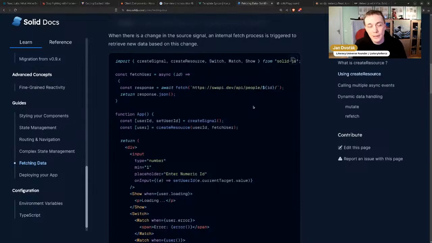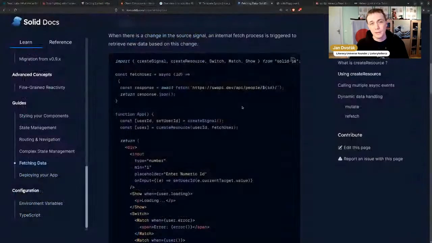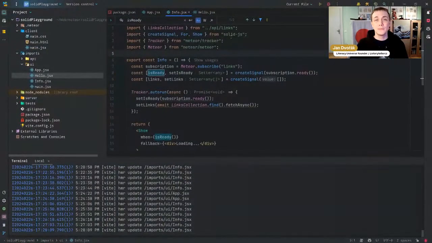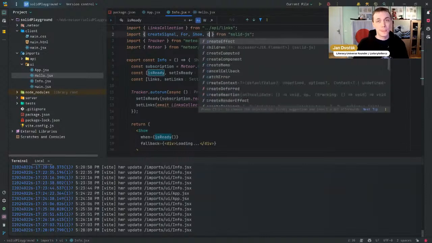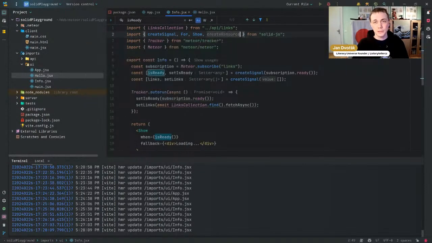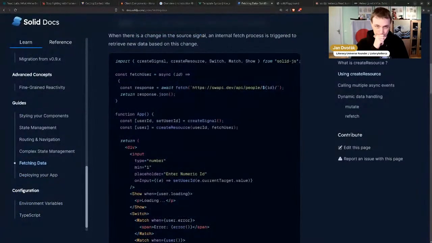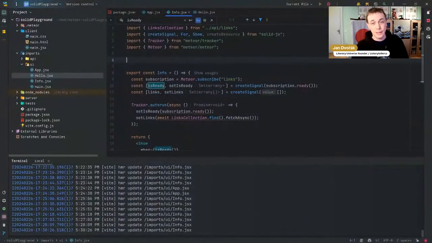Let's give this a try before we go for a break. And that's, again, from Solid itself. We'll do createResource. And in this case, we have, let's get links,